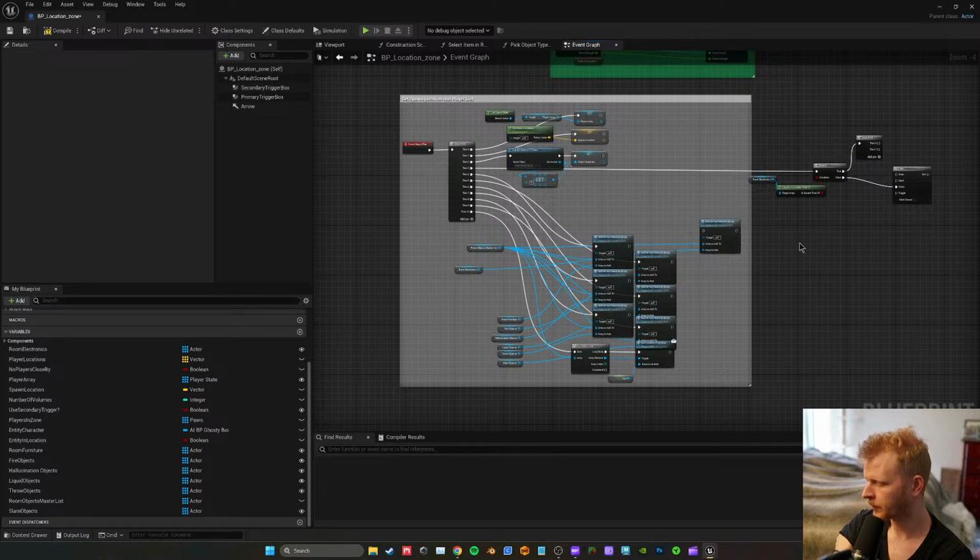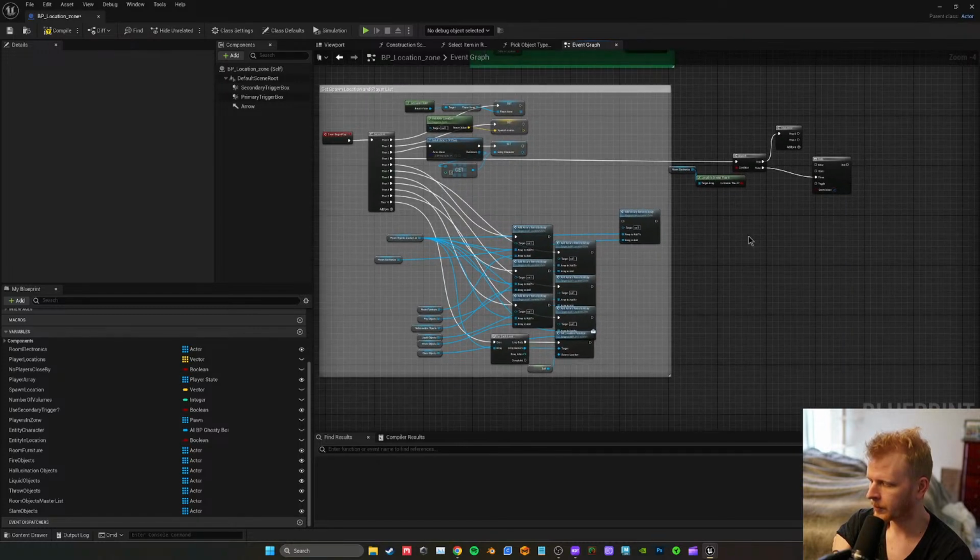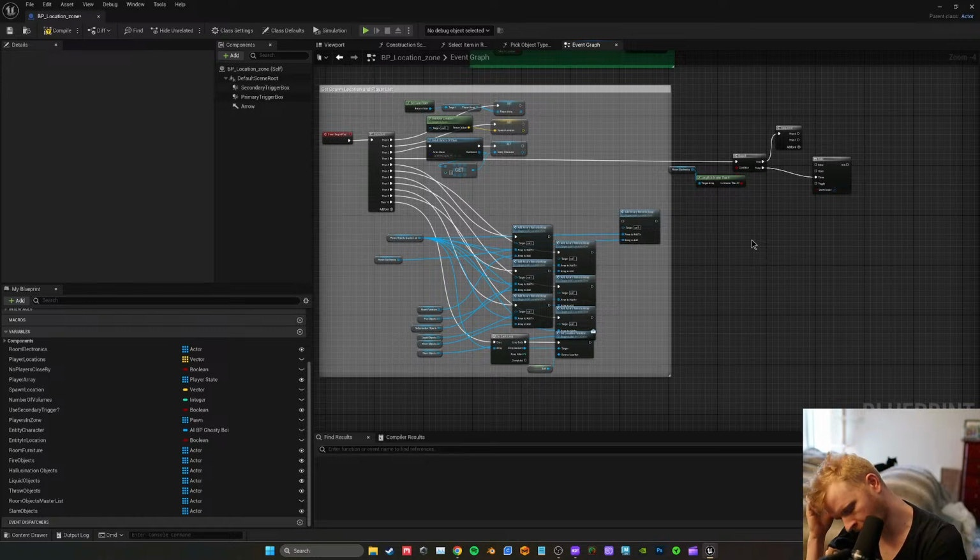I'd like to be able to turn that on and off, but I think that should live in the controller, which means that I can set up the switches here, but maybe I get these switches from the AI controller,